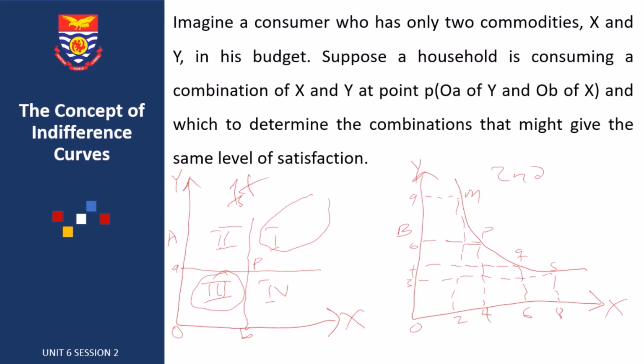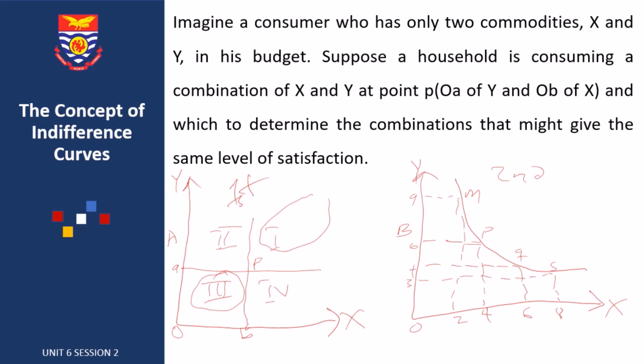Points P, 6 units of y and 4 units of x, or Q, 4 units of y and 6 units of x, or say S, 3 units of y and 8 units of x, in the figure we have shown below here. Now we will have the same level of satisfaction because they are all on the same indifference curve. The consumer is indifferent between the combinations, and so we have drawn a line through this point